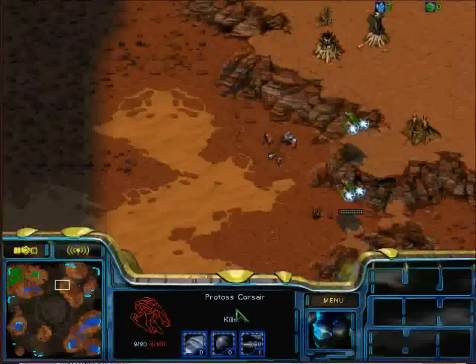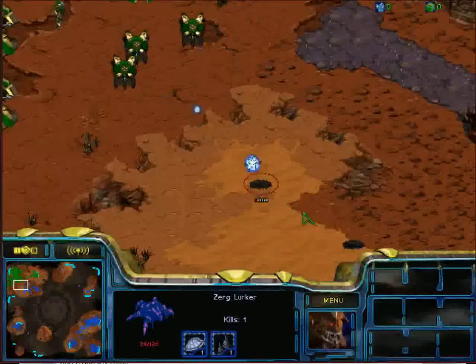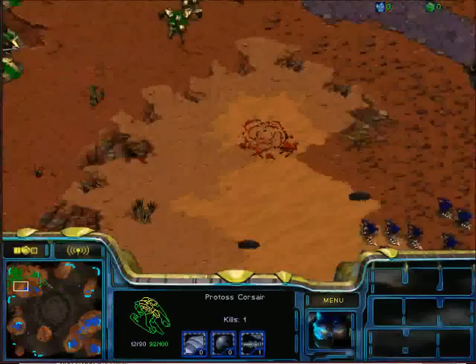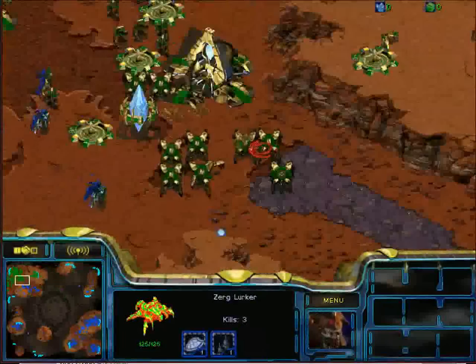I believe this guy's had 1 hit for quite a while though. Unless it's a different one. Maybe he just has a lot of 1-hit Corsairs left, just flying around. Oh, looks like that Corsair actually just stopped running from the Scourge, so it did get taken out. Lurker just got sniped from the low ground by goons. Indeed, but I don't think that 1 Lurker